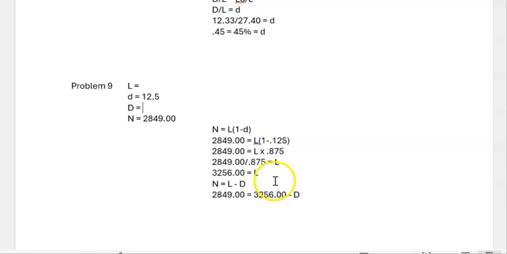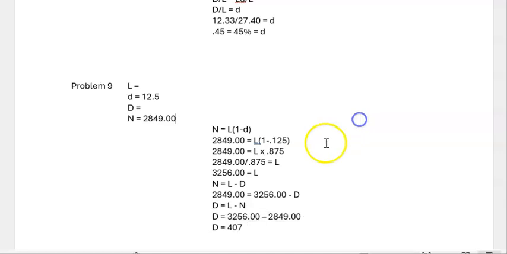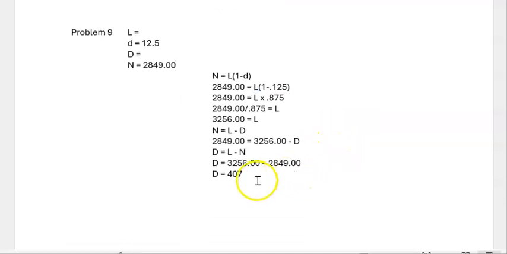Net price equals list price minus discount amount. So therefore, discount amount equals list price minus net price. So our discount amount is going to be